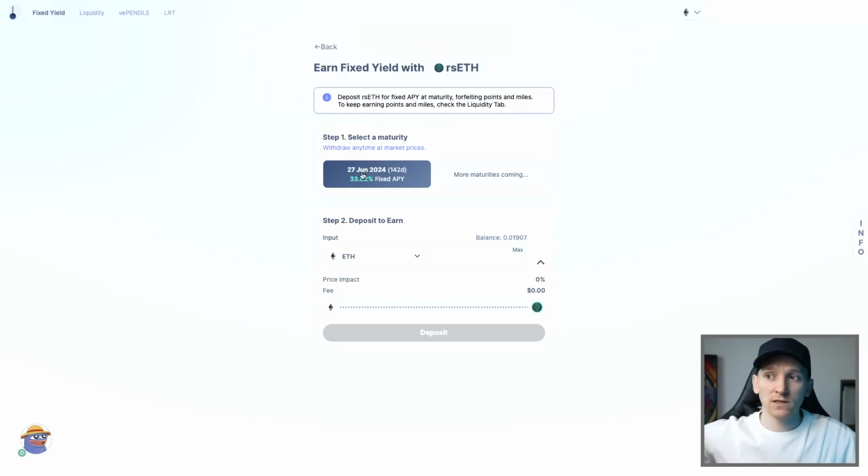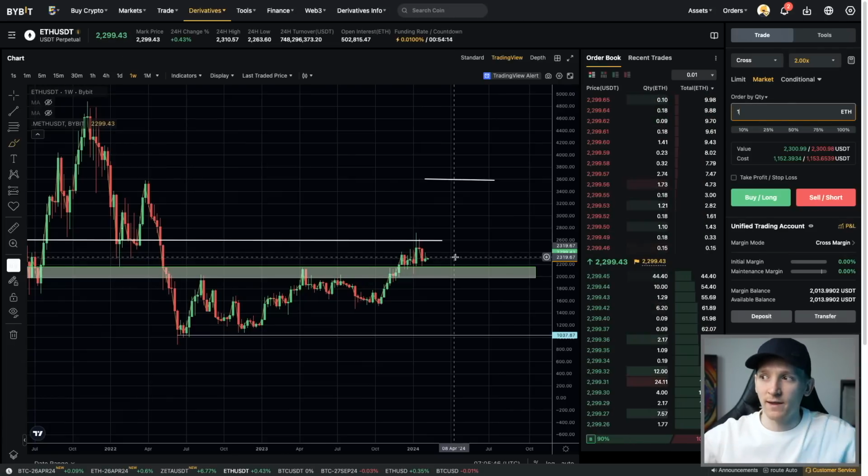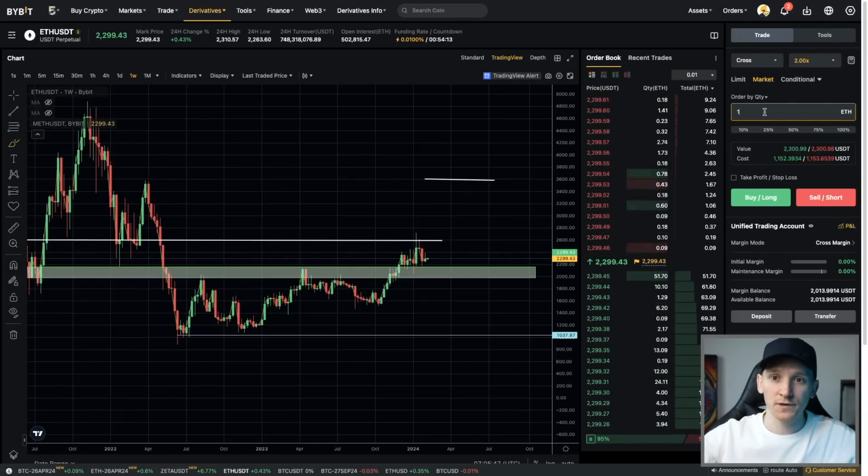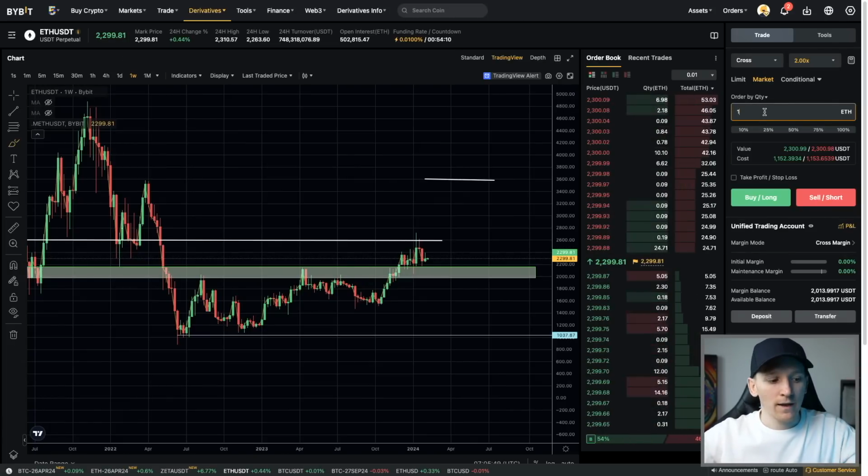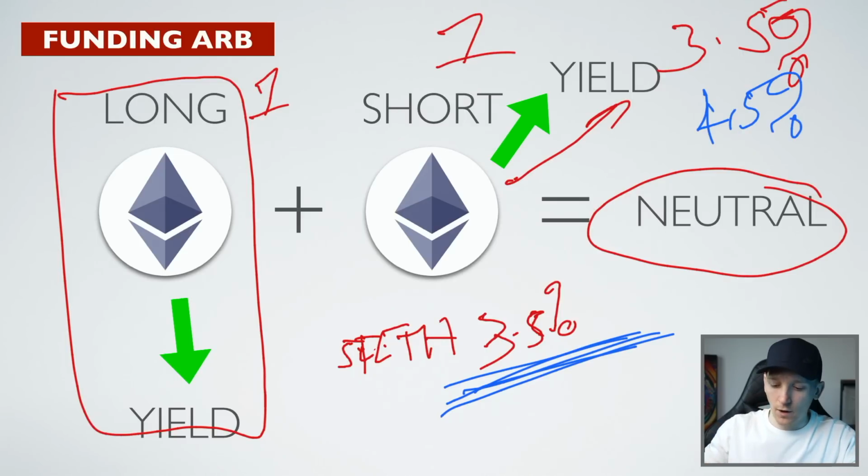So instead of just having that and having the price exposure to ETH, you could say, well, that's a very good yield. So what I'm going to do is I'm going to get 1 ETH in here and I'm going to get that fixed yield, but I'm also going to go back and hedge my position by taking a short position on the future side as well. So now, instead of just getting the rate of staked ETH, which is 3.5%,